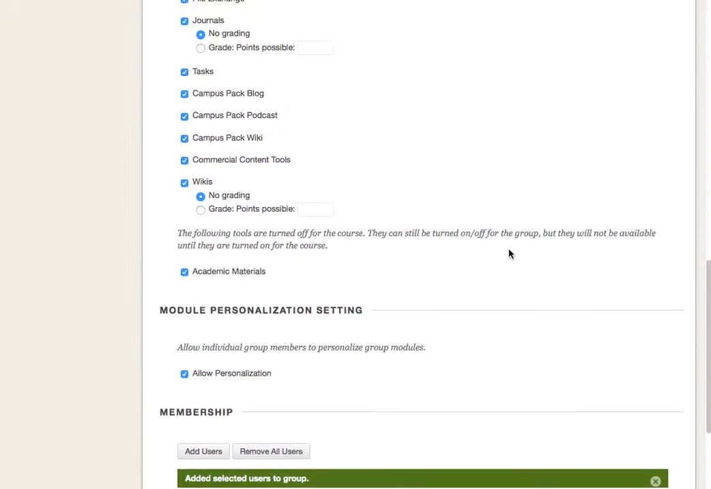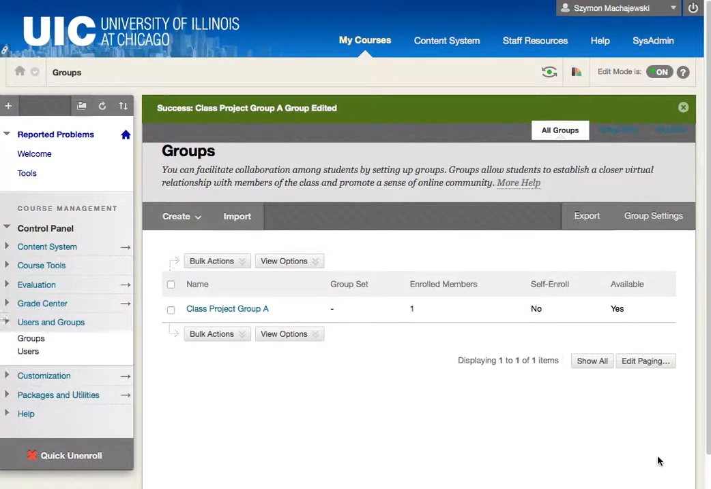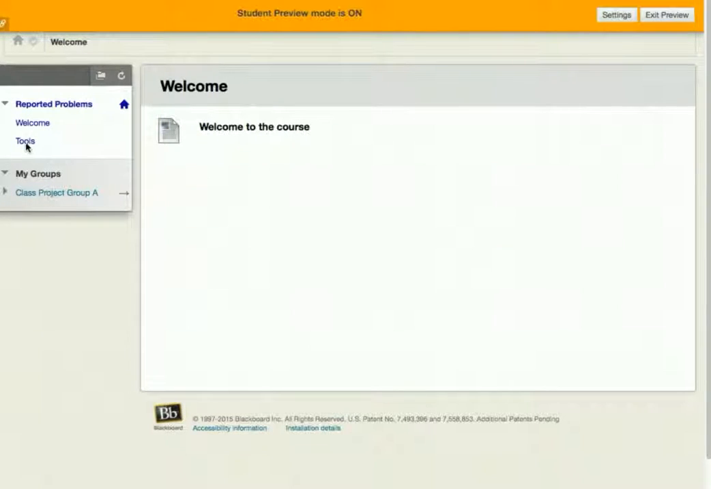So now we have a preview user. We'll save the group. All right, so now let's go ahead and verify that this particular reported problem affects our system. We will go ahead and switch to view the course as a student, and then we will navigate to the tools area in order to access the groups. So let's click on tools,